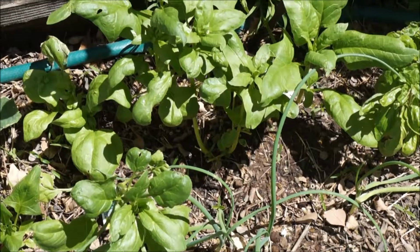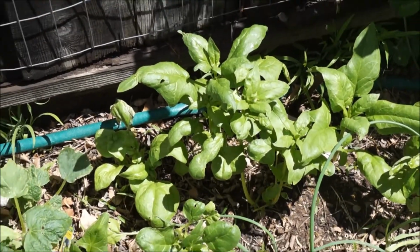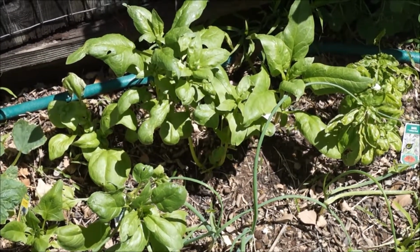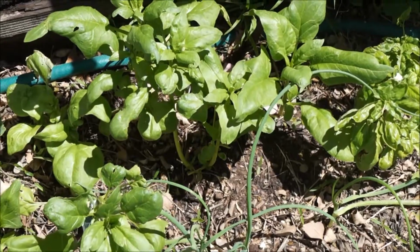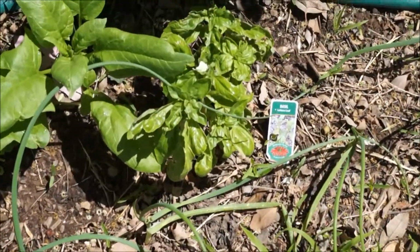Here's the basil and the spinach. I actually moved the spinach. I had it in a shady area and it wasn't really doing well over here. It's doing a little better here. We've picked a few leaves, but it's going. It'll go. And the basil